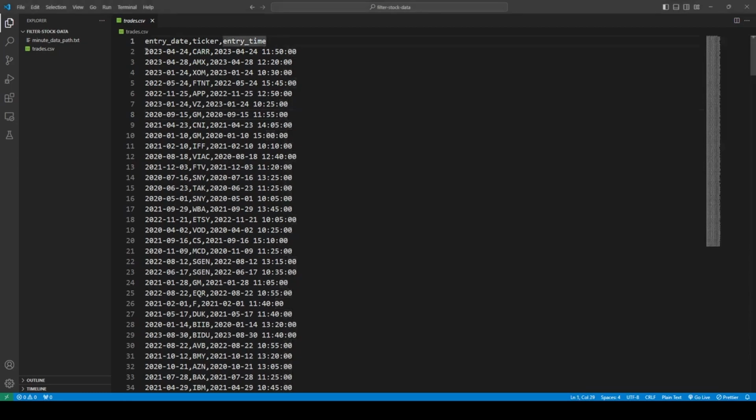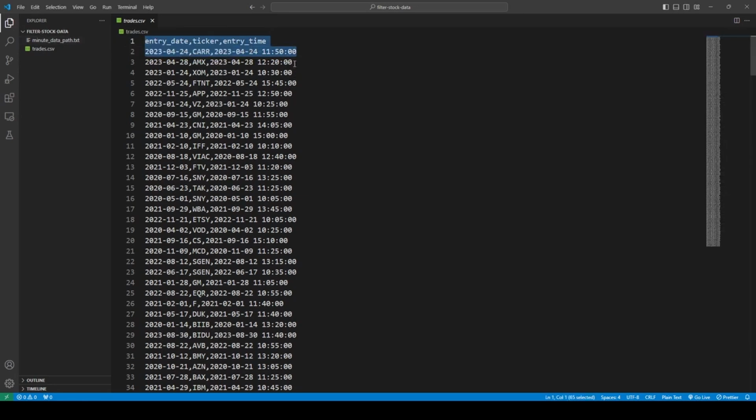So, this data is based on some strategy, which I'm not going to get into here because it doesn't matter, but basically it will short certain stocks or long other stocks based on some criteria. And this is taken from the output